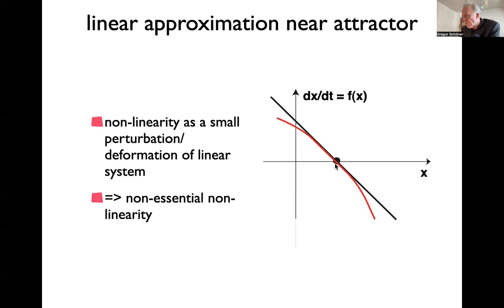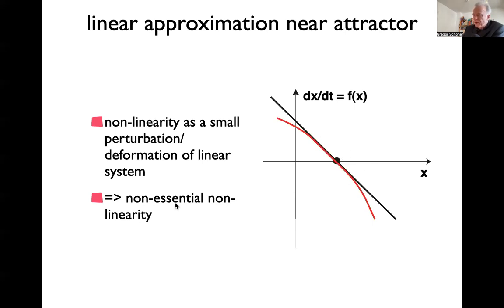I did this by hand, so you see both lines here. They should be really exactly on top of each other at the zero crossing. And then the slope at the zero crossing should be the same for the black and the red line. So that would be something that's tangential to the nonlinear dynamical system at that point. And the point I'm going to make is that this sort of linear approximation of the dynamics at an attractor can decide stability. And these kind of nonlinearities, where you would say in a sense qualitatively there's nothing really different between the linear and the nonlinear, that's a little quantitative difference, but not qualitative difference. Those would be not very important